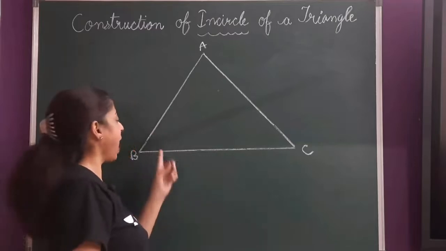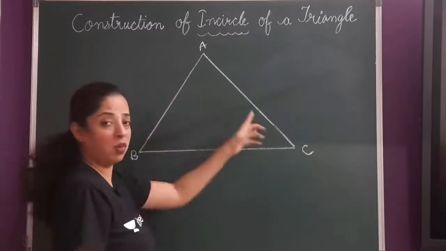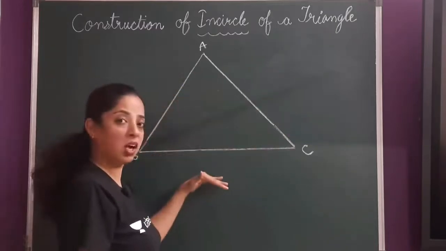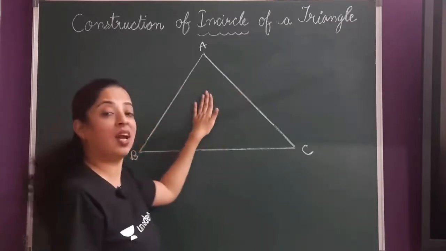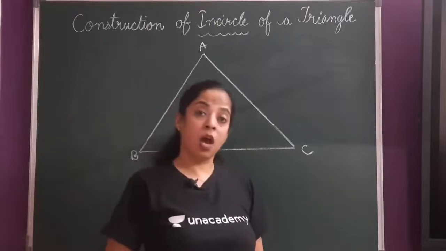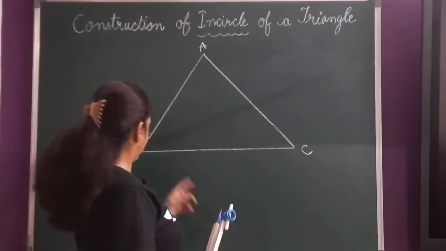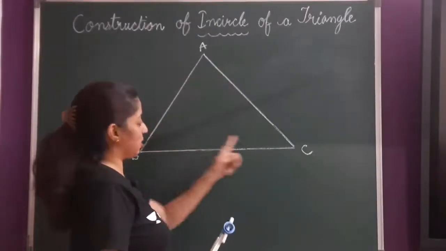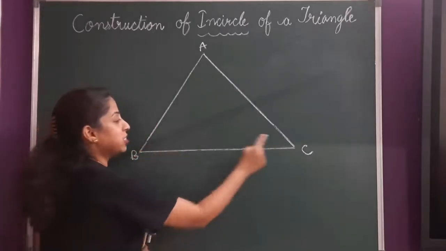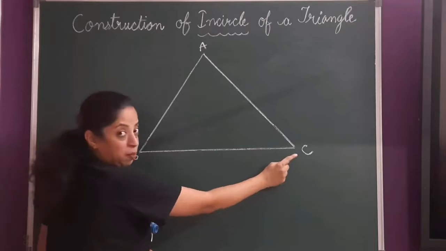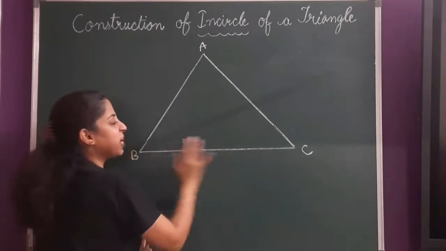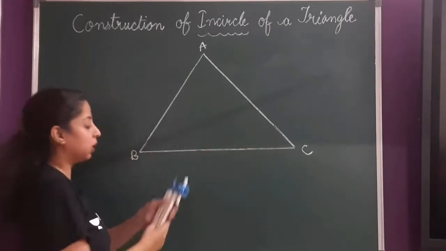You might be given this angle or this side, whatever. तो आपको कोई भी measurement दे रखा होगा और आपको first ये triangle बनाना है. उसके बाद इस triangle का incircle बनाना है. So now for this, first you will have to draw the angle bisectors. तो कोई भी दो adjacent neighboring angles ले लेने हैं. Suppose I am taking angle B and angle C. Okay, हमेशा कोशिश करो कि base angles लो, diagram बहुत neat बनेगा.